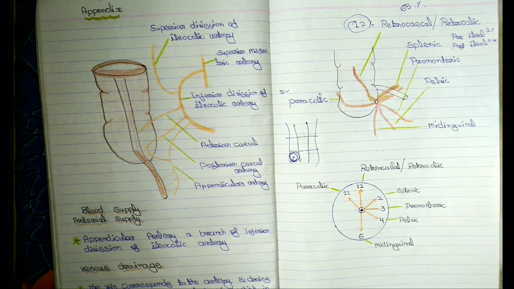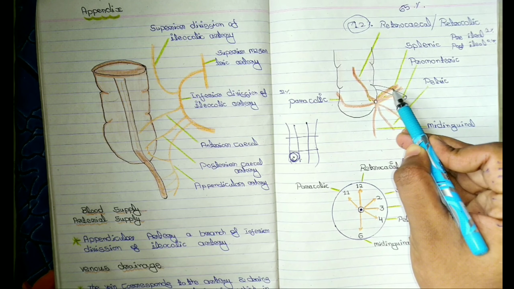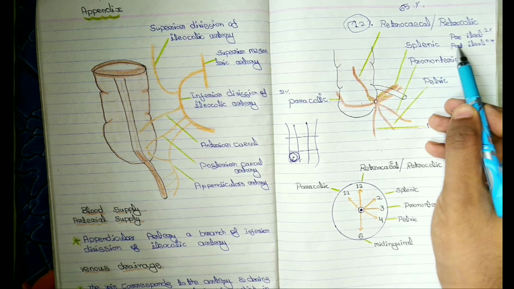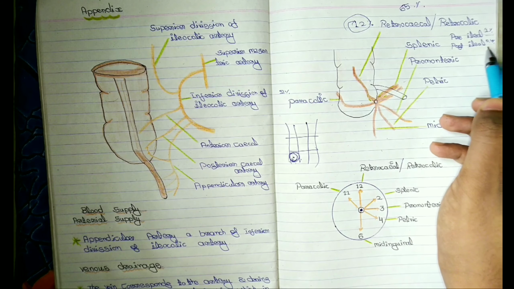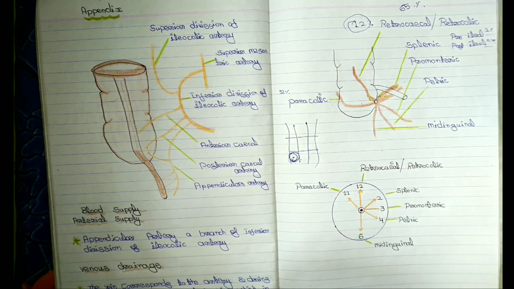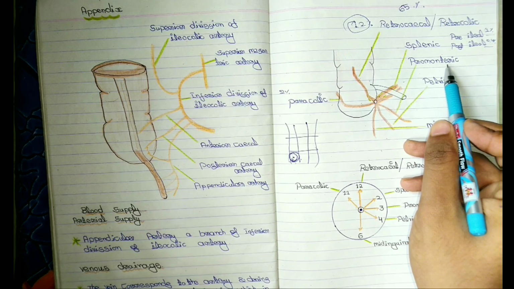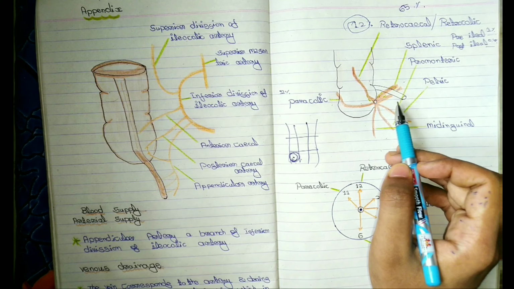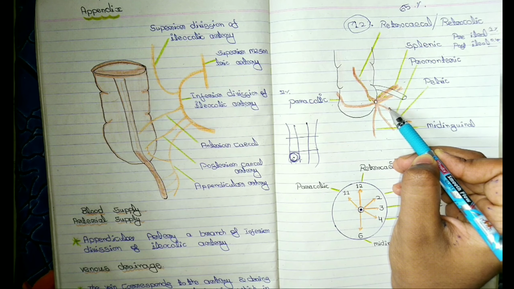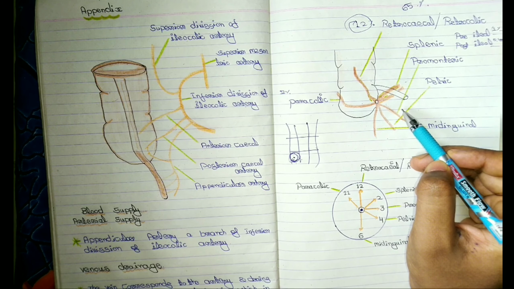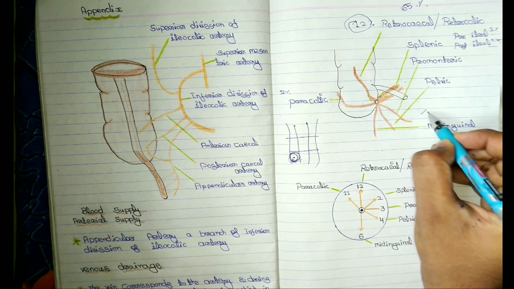Splenic position: the appendix passes upwards and medially, in front of the ileum or behind the ileum. In front of the ileum, that is pre-ileal, it occurs in 1% of people, and post-ileal in 0.4% of people. Promontoric: the appendix passes horizontally and downwards towards the sacral promontory. This position is very rare, less than 1%.